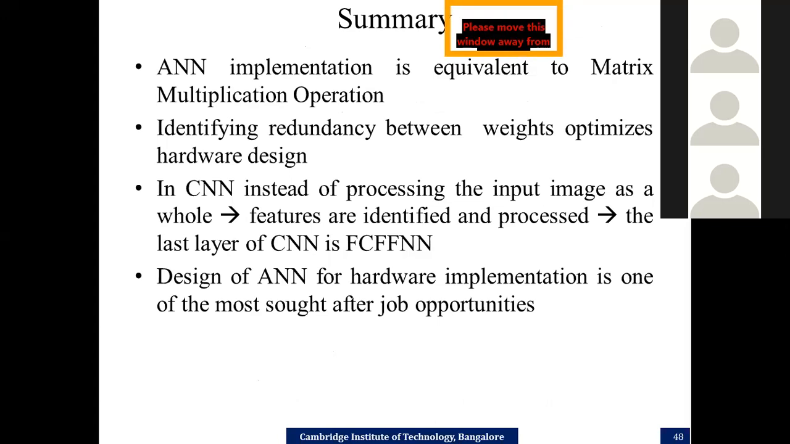See, in CNN, our convolutional neural network, instead of processing the input image as a whole, they take features out, and then the features are processed in multiple stages. Then they do pooling operation, again max pooling operation, then softmax, then they get the